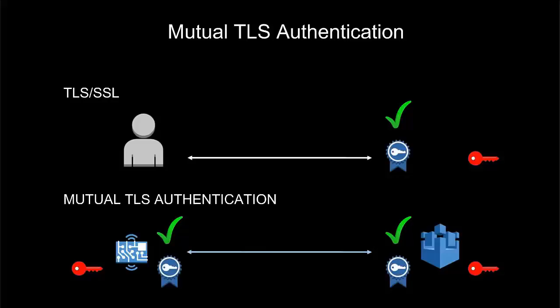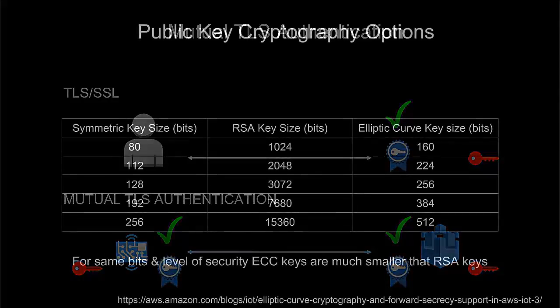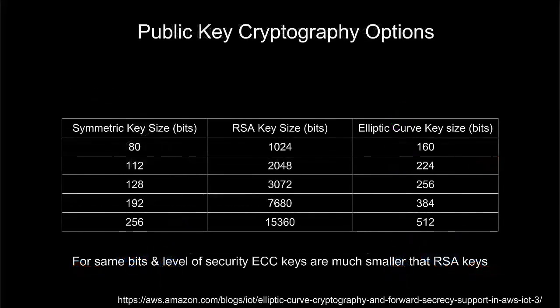In the IoT use case, that's not really a great idea. You want to have strong identity. You want to have public key cryptography in play bidirectionally so that the identity of both ends of the connection is known, and you can trust the endpoint that you're communicating with. So in the AWS model, we actually support a couple of different cryptographic options here. We're using asymmetric cryptography, public-private key cryptography in both cases, either with RSA keys using key lengths that you can see here, or